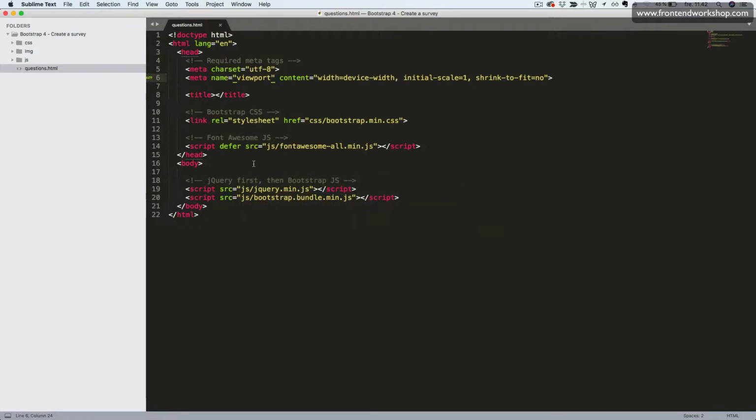In our code editor, we can see that we have a basic installation of the latest version of Bootstrap. So we have the correct meta tags, we have the style sheet linked here, and the required JavaScript files, jQuery, and of course Bootstrap. Then we also have Font Awesome installed here, which you can learn how to install and use in another lecture. This is used in many of my projects. We'll first fill out the title tag and give it the name Survey